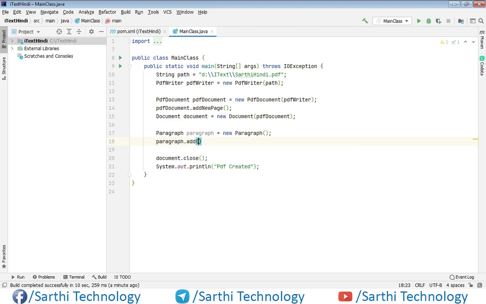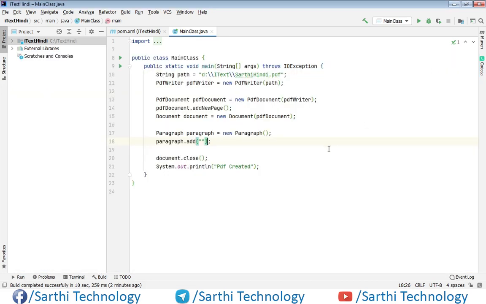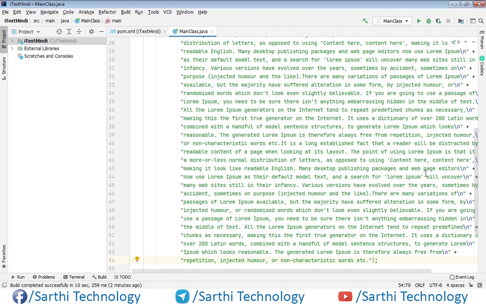Paragraph dot add, and here we will add some text. Okay, so I have this dummy text, so just copy any text from any resource, and paste. Okay, so this is the dummy text that we are going to use.